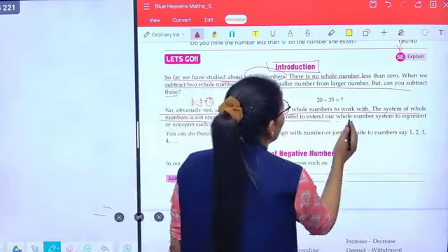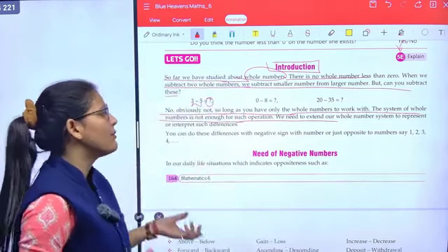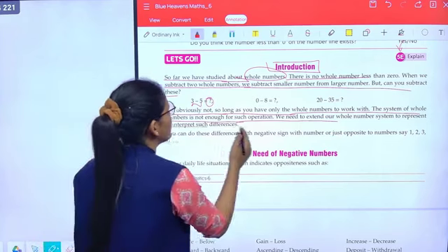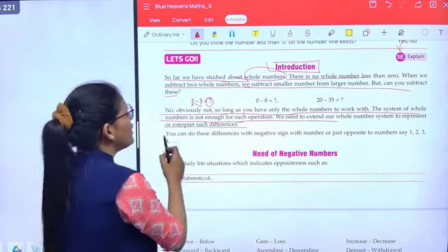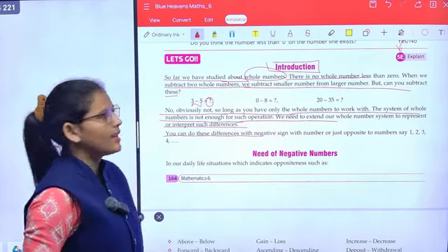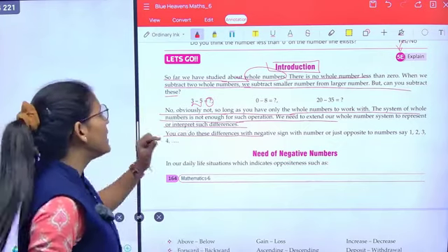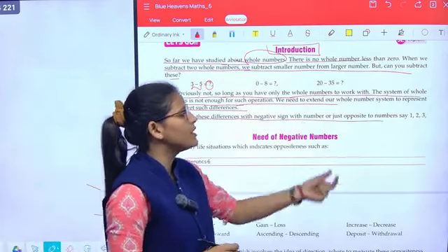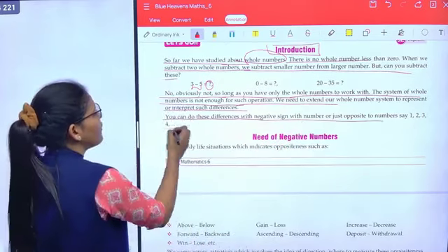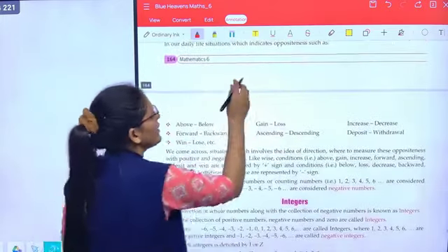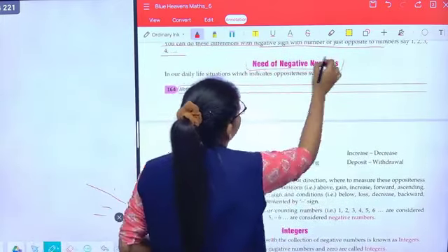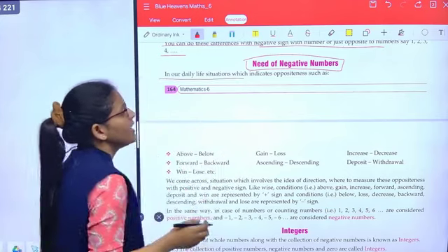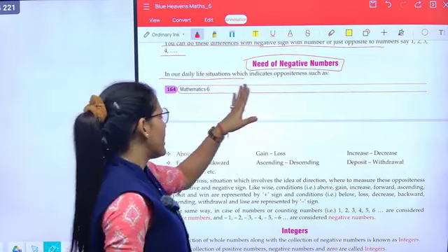Now, we need to extend our whole number system. Class, we need to extend it, a system to represent or interpret such differences. You can do these differences with negative signs. Class, we can subtract them, but the sign changes, with numbers that are just the opposite of 1, 2, 3, 4 and so on. We need negative numbers. Class, the need of negative numbers in our daily life situations indicates oppositeness, such as